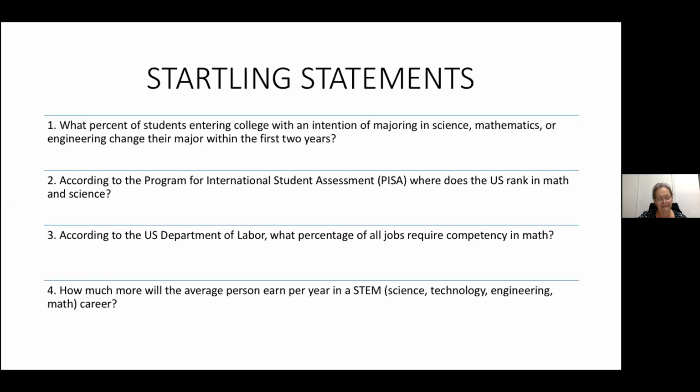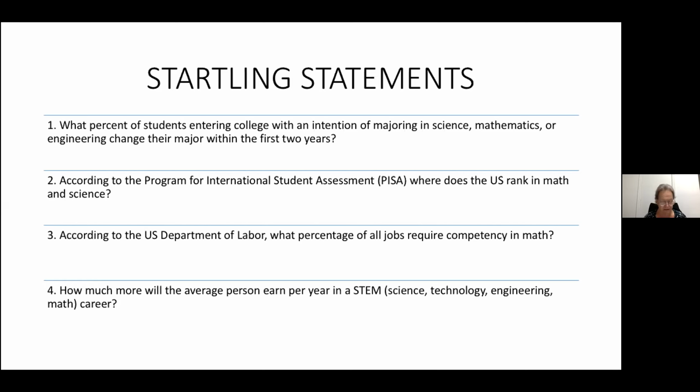Anyone take a guess? I was thinking at least 25, like 25,000, 25% to 50% more. Is that Brittany again? Yes. I don't know. You're actually great at this. I don't know why. You are great at this. It's between 19 and 20, the average is between 19 and 27,000 per year more in a STEM career than